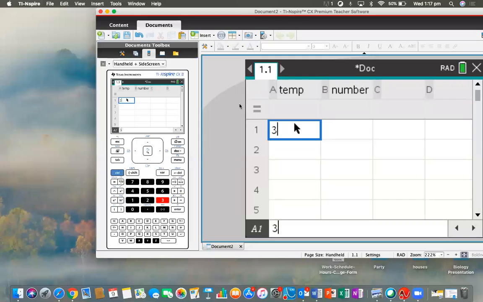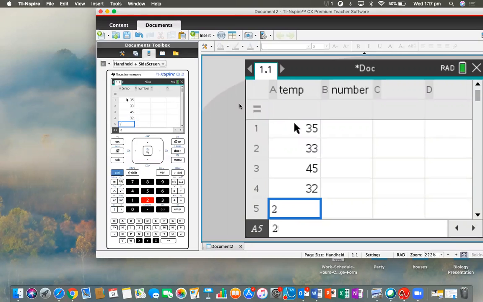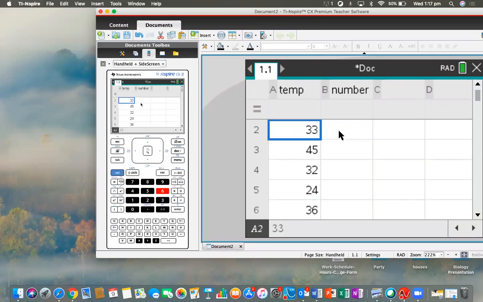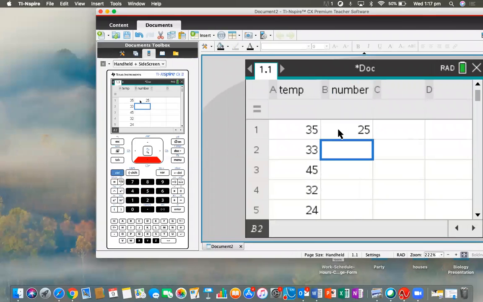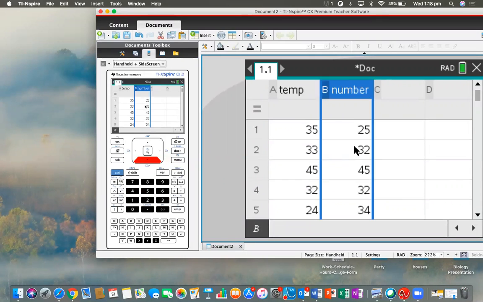Here I'm just going to enter some random data. You can just check the question and enter the number as well. Okay, so now